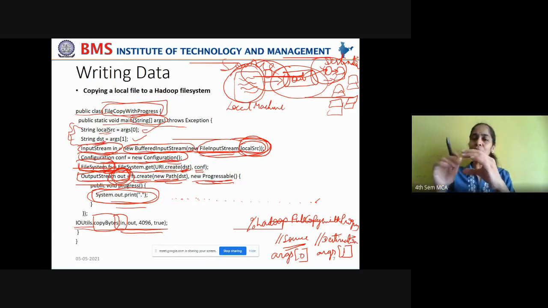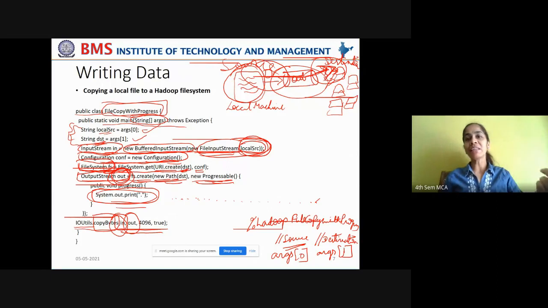and this output stream is connected to the file on the destination machine. This output stream is connected to the file where the data has to be written. So you are reading the data from the local file through an input stream and further writing it to the output stream.